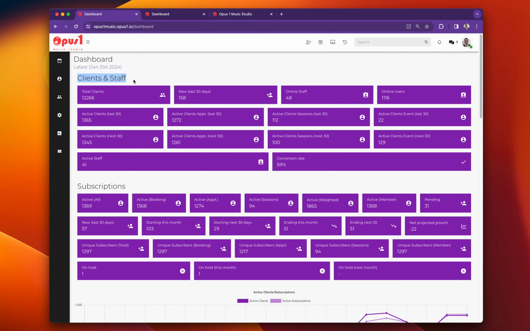Okay, clients and staff. So first one is the total clients. Total clients is every single account you have in Opus One IO. That could be an active student, an old student, their mom, their dad, their godfather, whoever is involved with those kids. It's anybody who has an account, meaning somebody with a username, which is an email, and a first name and a last name at the very least, and potentially more